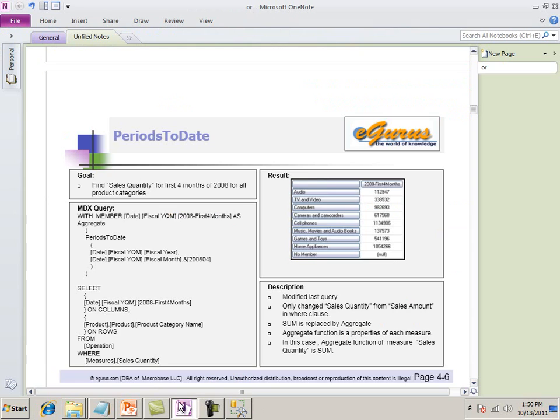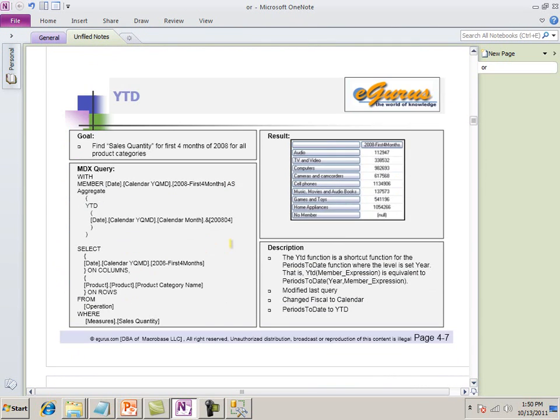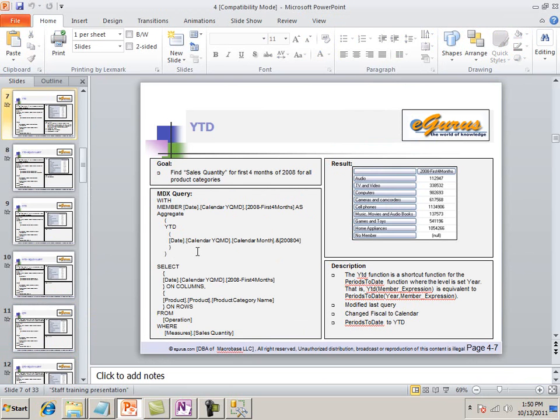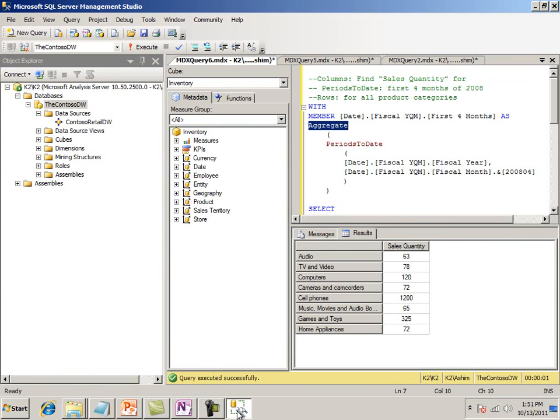Our next query, YTD, year to date. So we have same query. Find sales quantity for first 4 months of 2008 using, basically we're going to use the YTD. Okay, so in our SQL Server Management Studio,